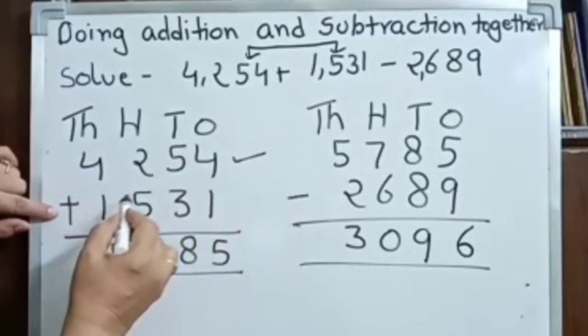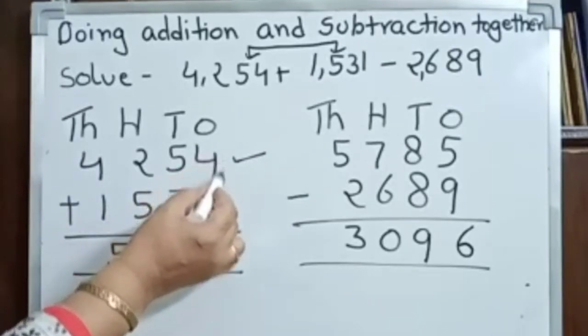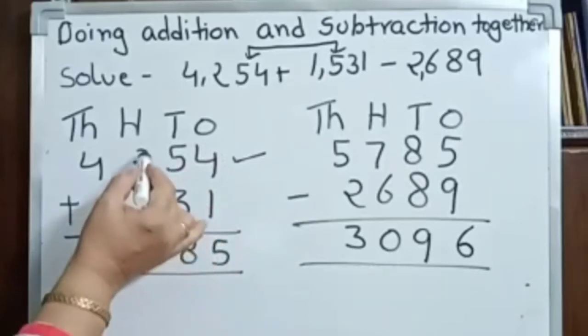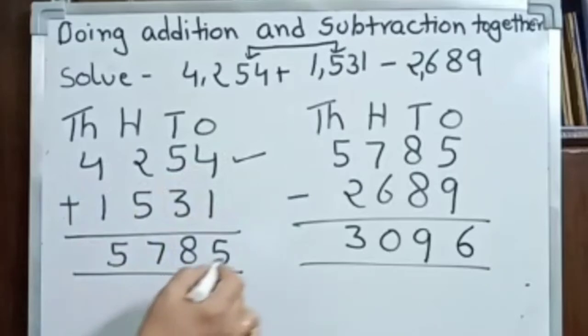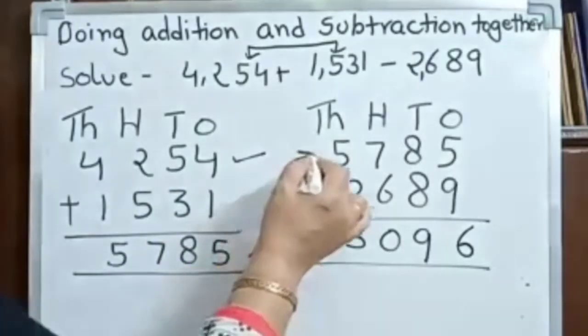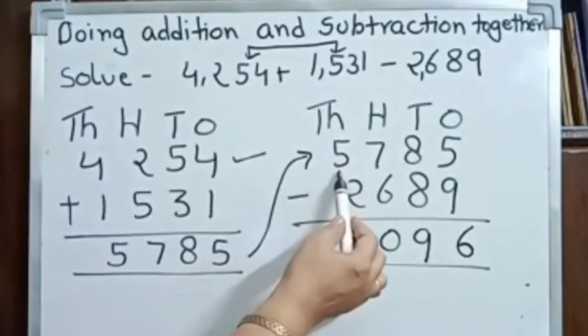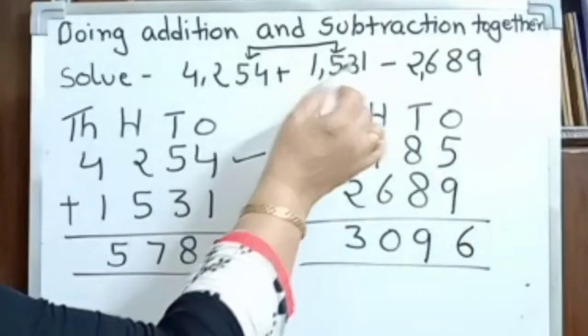So here we have 4254 plus 1531. Now you know how to add. 4 plus 1, 5. 5 plus 3, 8. 2 plus 5, 7. 4 plus 1, 5. Now we have to take this number here, 5785. Now take this number